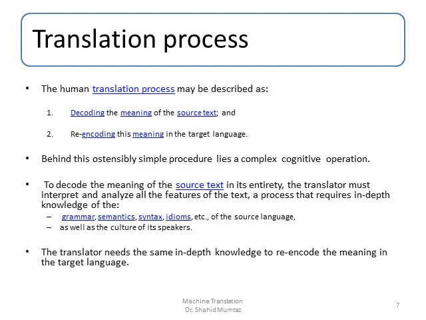How? To decode the meaning of the source text in its entirety. We feel that we understand the text and we understand our mother tongue or first language in its depth, but